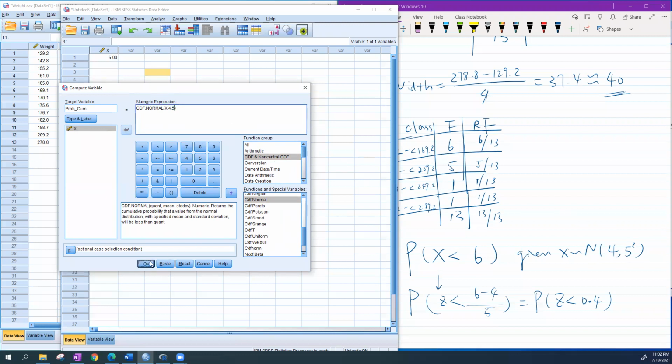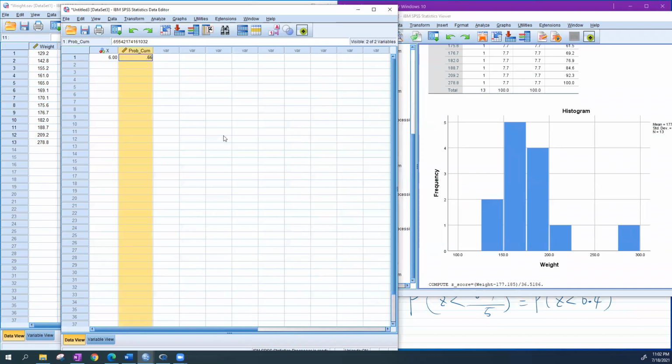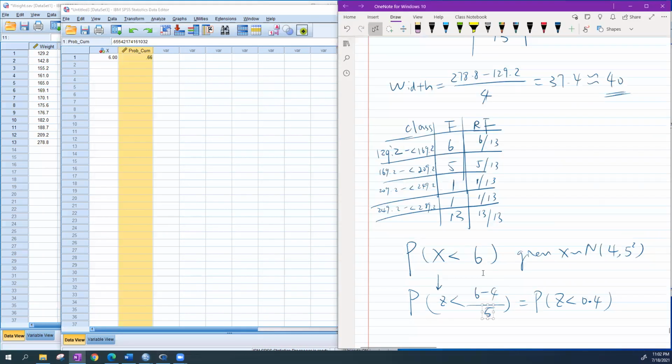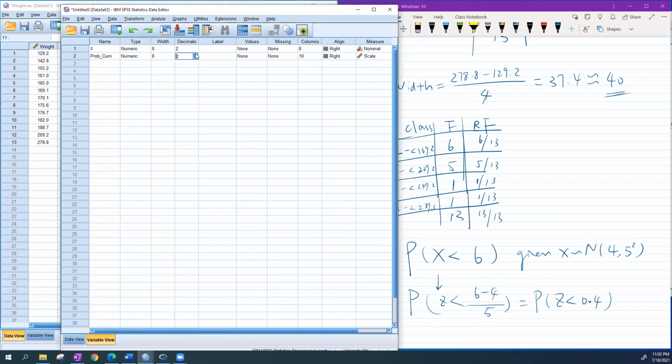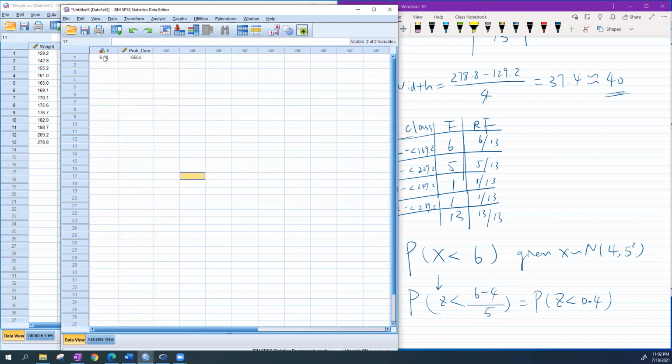So then you can click on OK. And then the probability of X smaller than 6 is given here. If you want to show 4 decimal places and a line at the center, you can do that under the variable view. So for probability of x smaller than 6, the cumulative probability, which is probability of x smaller than 6, equals